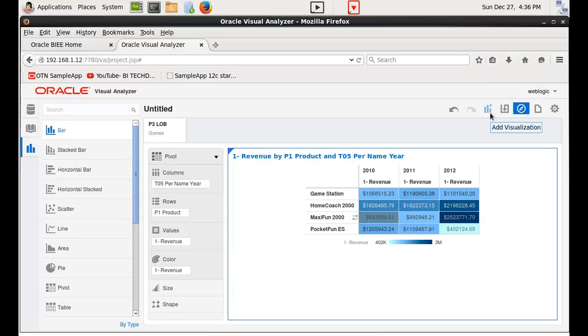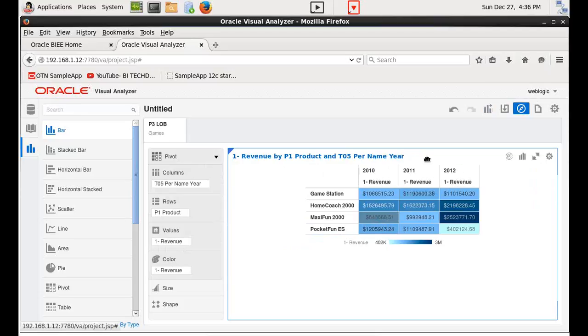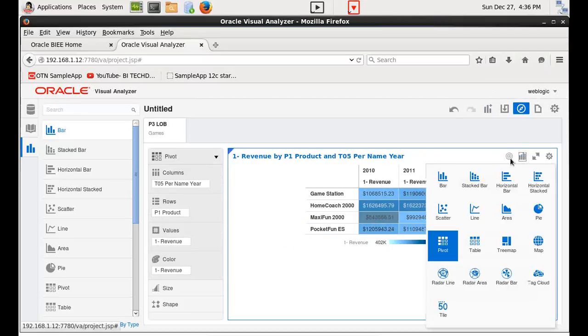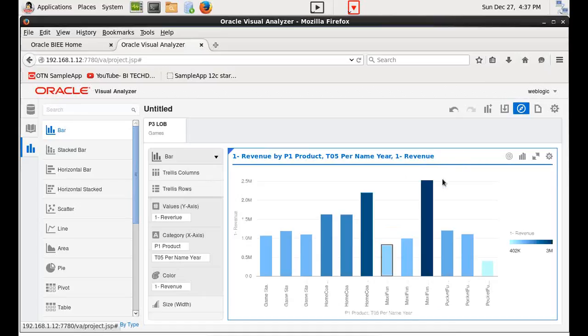I can have multiple views together. I can add one more view in addition to the pivot. I'm going to use a bar chart as well. Alternatively, you have an option to convert this to a bar chart itself. Move your mouse cursor, convert to bar chart. Cluster bar chart, there I can see for multiple years the revenue with different colors. Here you can see the revenue,